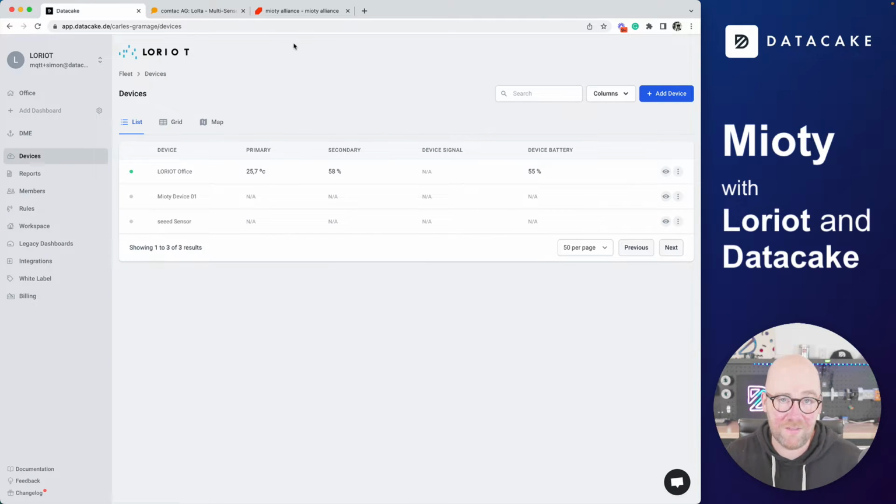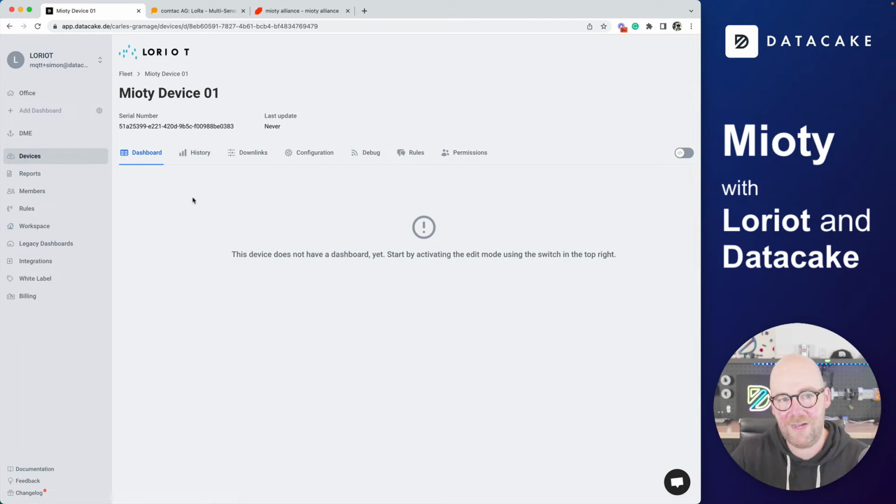Mioty is pretty similar to LoRaWAN. I'm not really informed yet about the technical differences between those two technologies, but Loriot is making it super easy to integrate both technologies, and we thought, why not take the first steps and show how you can integrate their devices on Datacake. So thanks to Loriot, one of their employees, Carlos, was already integrating a device in Datacake here,